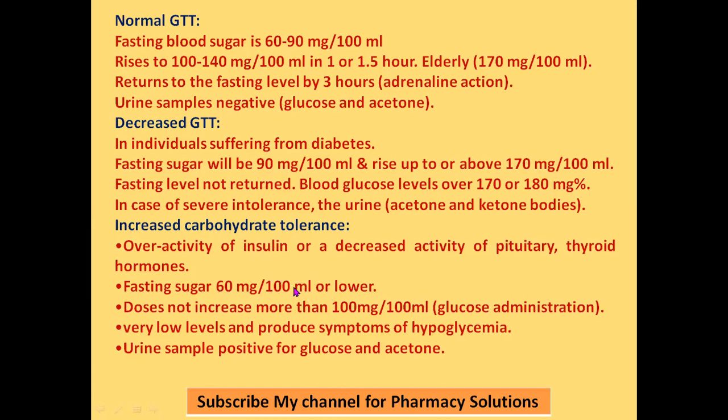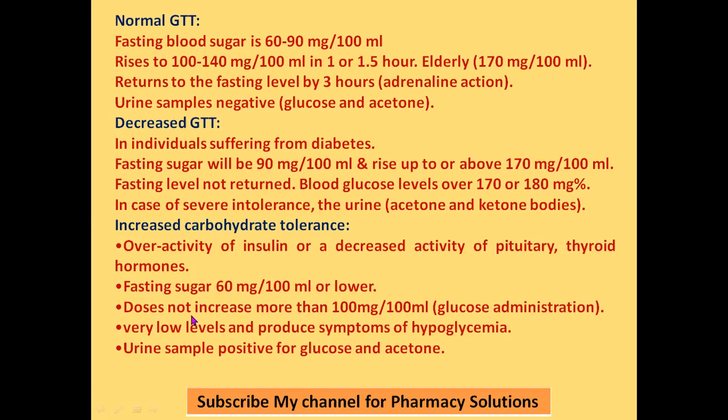Hyperglycemia can be treated, but hypoglycemia cannot be treated easily. One has to understand that. Hyperglycemia can be brought down, but hypoglycemia is difficult to increase. So it is a very dangerous, potentially fatal situation. It is difficult to increase the blood sugar level. Hypoglycemia cannot be controlled easily. So in this case, it may go down, and does not increase even after giving the extra dose, because the patient is hypoglycemic.